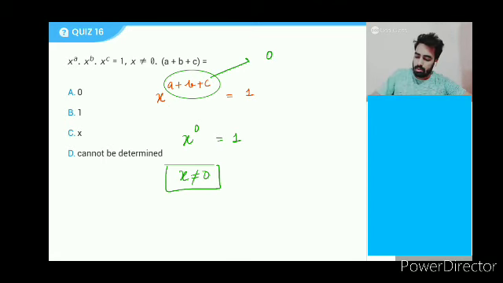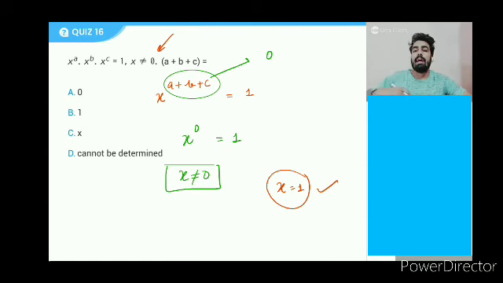Simple. Because suppose a plus b plus c value is changing, a plus b value is changing and x is a non-zero number. If x is a non-zero number, let's say x is 8. So 8 power 1, you'll get 8, 8 power 2, 64, or any other number. So if someone is saying that x is 1, then there are infinite values of a plus b plus c possible. But it is mentioned only one condition, that x is non-zero and x can have any value. So that's why a plus b plus c value is 1.